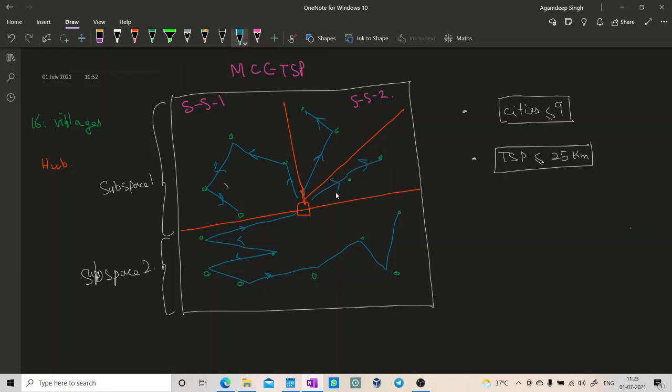So my final output will have 4 routes. It will be a list containing lists, where each list has tuples ordered in the fashion in which you're visiting the points. So if this is point A, this is B, this is C, the list will be A, B, C and so on. And I will have 4 such lists. And that is our heuristic approach towards solving the multiple cost constraint traveling salesman problem. Thank you.